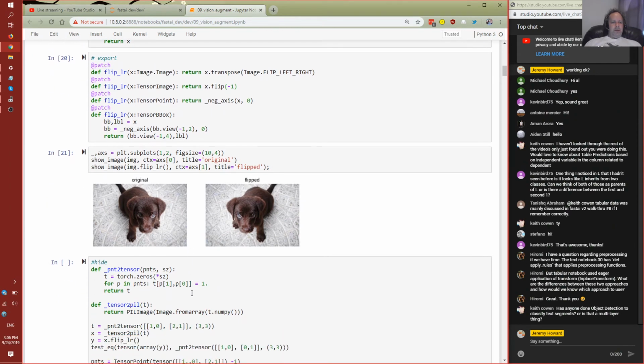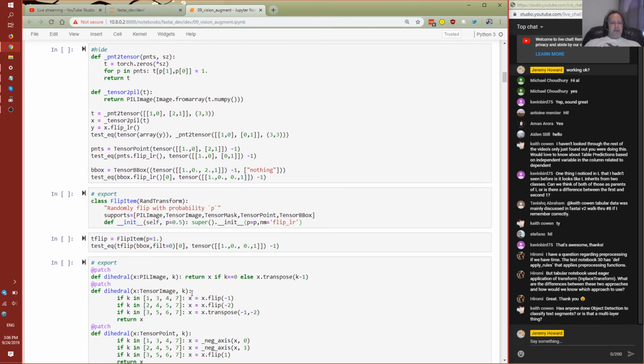So in this case, if I set self.name to flip_lr, then it's just going to call that function, which is the function I want to call. But you might have some types that just so happen to have this function name,